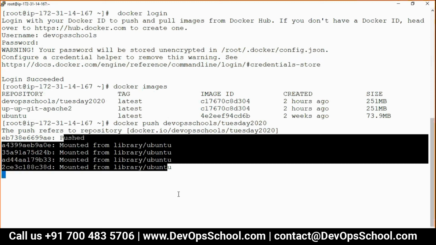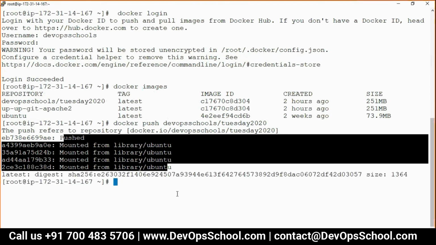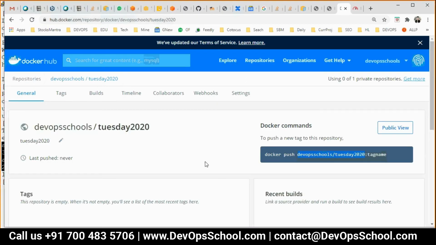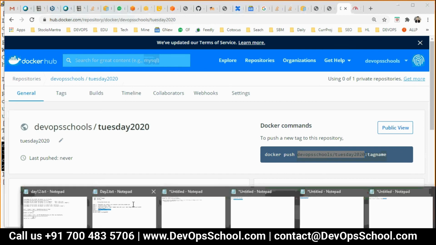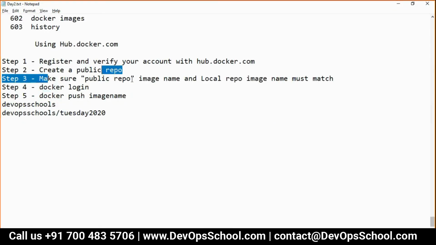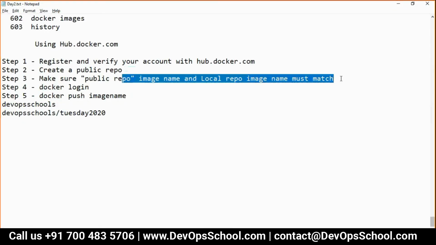Pushed. Done. Can I check? What are we doing with step 3? This tagging.